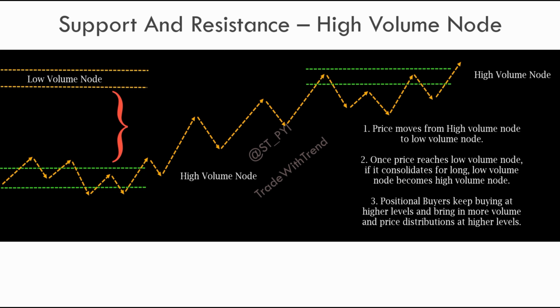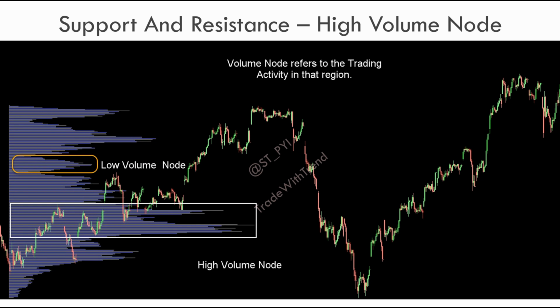So it's a very basic concept. I'll just take you through some charts and it'll be clear. I know at this stage, especially if you're very new to market profile concepts, this would be confusing, but in subsequent slides, this will be very clear to you. So what we have here is the volume profile, that is volume nodes, from this swing low to this swing high, right? I've just placed this chart to show you how a low volume node and high volume node look. Now this is a high volume node where you see so much volume spurting out, and this is a low volume node.